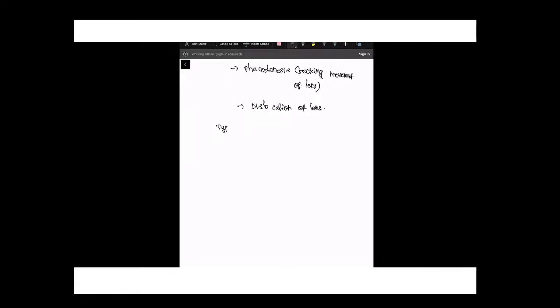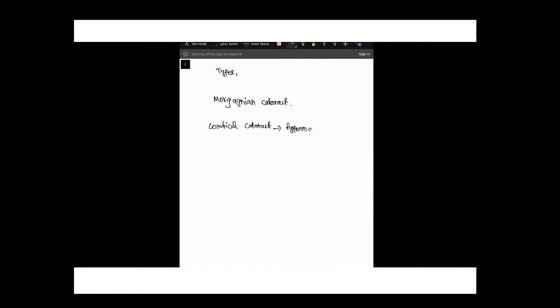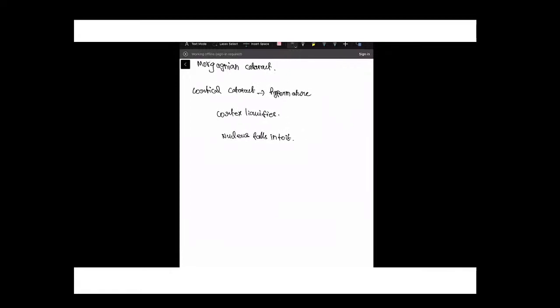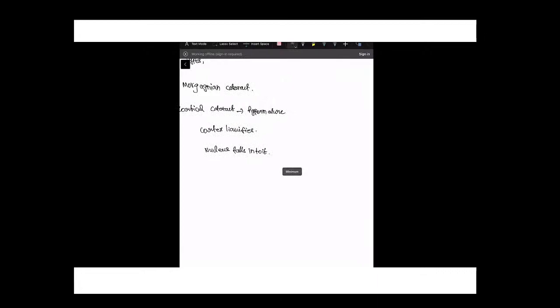There are two types of hypermature cataract. Morgagnian cataract: if there is a cortical cataract and that gets hypermature, the cortex liquefies because of the water and the nucleus falls into it. This is Morgagnian cataract, and there is another type,